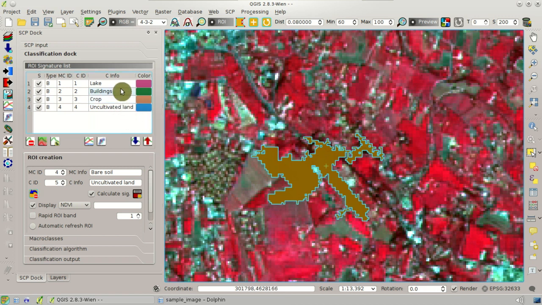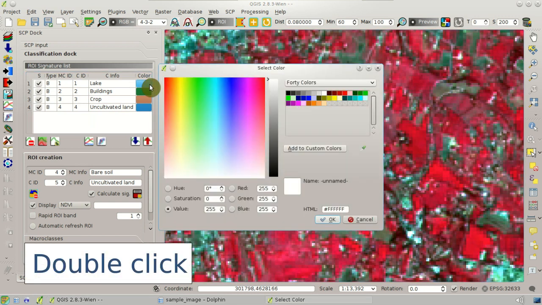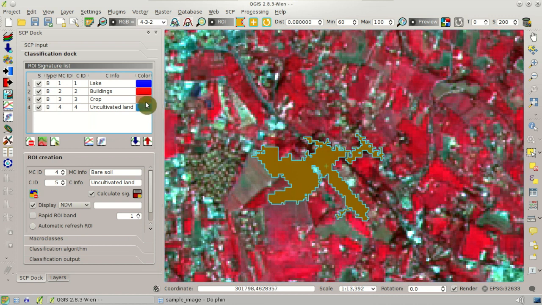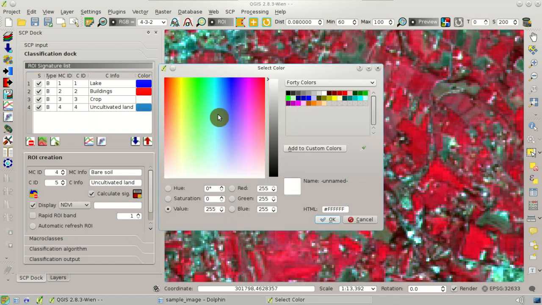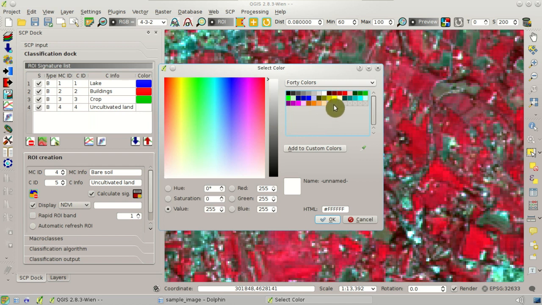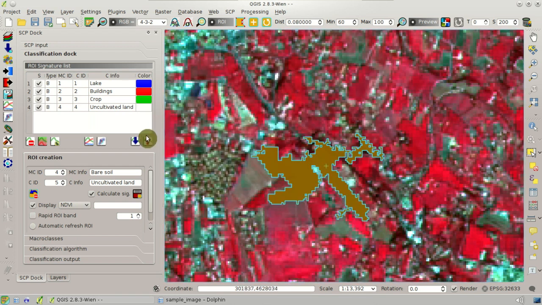Now with these 4 ROIs we can create our first classification preview. But first we need to change the colors of classes, in this case. So we double click on the color, and in this window we select a color which represents our land cover classes. So again, we change the color for the class buildings, built up for the class crop, vegetation, and for the class uncultivated land, which is bare soil. So we have selected our colors for our classes, and now we can create a classification preview,